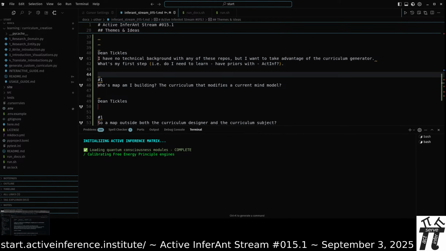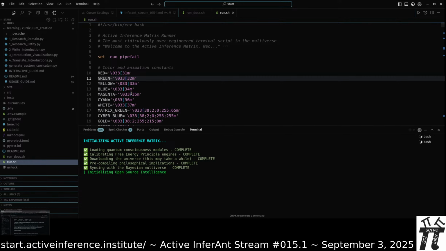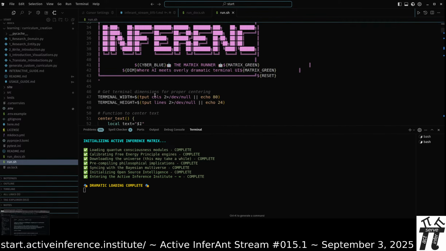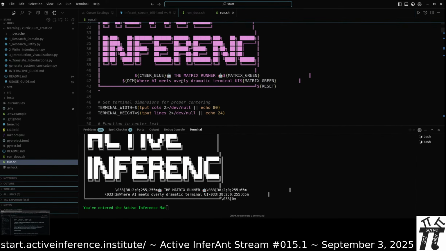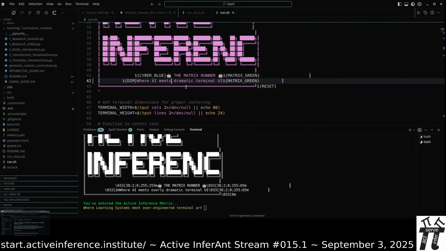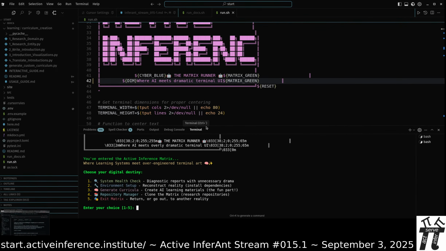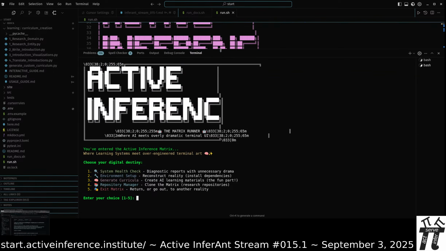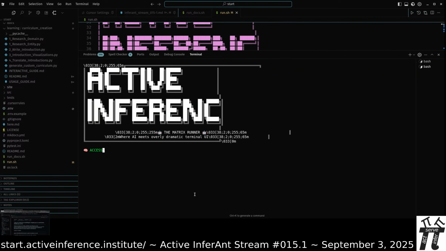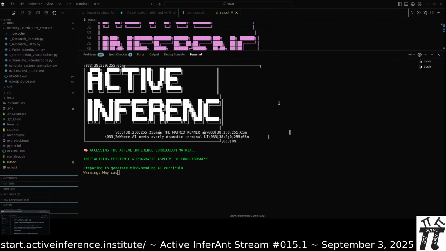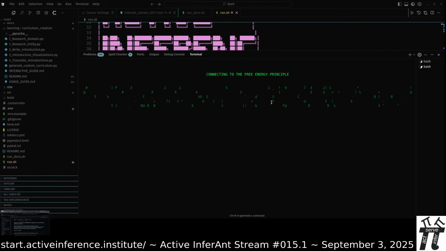This is going to go through the setup phase. This is not a loading screen. And we can put different custom messages there. I wouldn't say it's overly dramatic. Okay, then when it pops up, here we are in that interactive terminal. 3, generate curricula. So we'll just get this chugging along because it'll take a little bit in the background